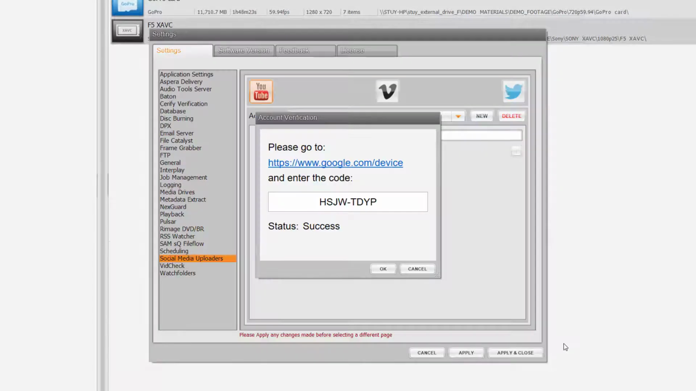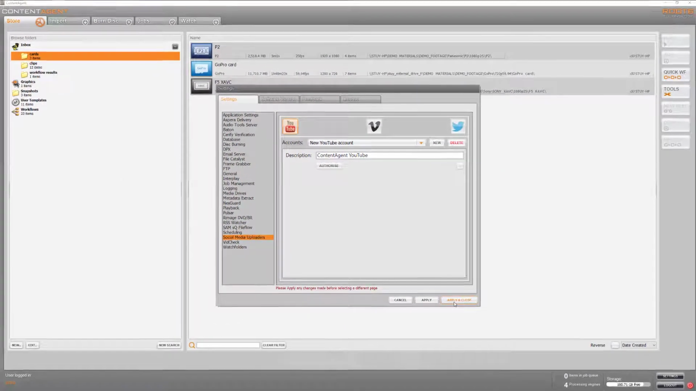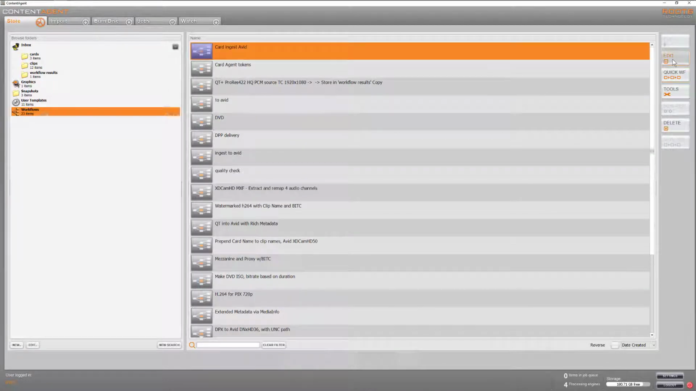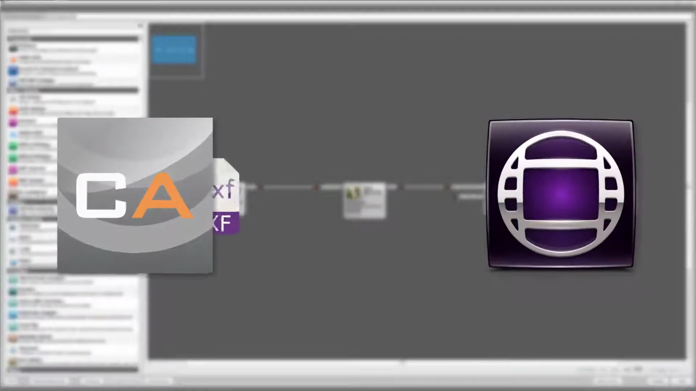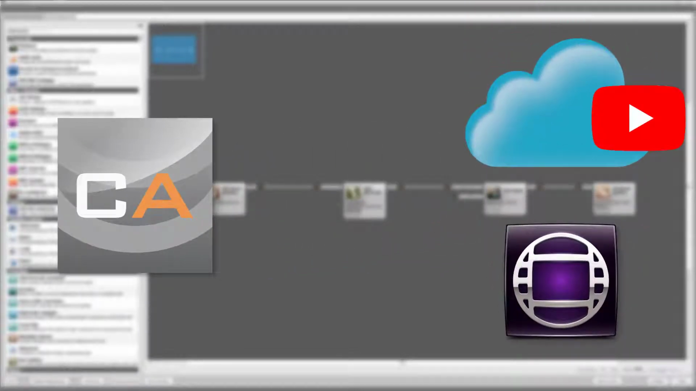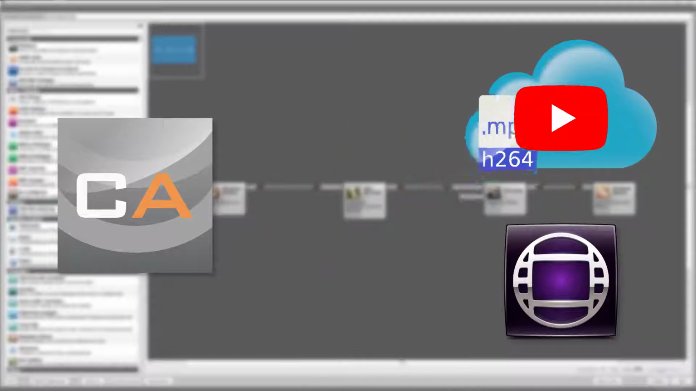Now that we've successfully authorized our accounts, we can build workflows that utilize the new social media nodes. So in this example, I've already got a simple camera card ingest workflow that creates optimized files for Media Composer. But I'd like to also send a stitched version of the rushes up to a private channel on YouTube for